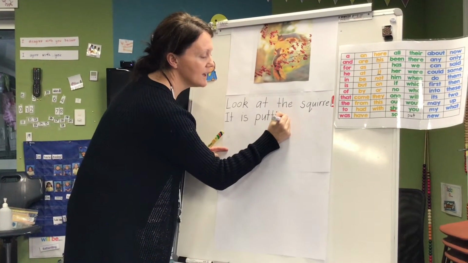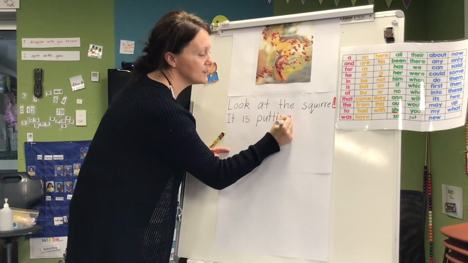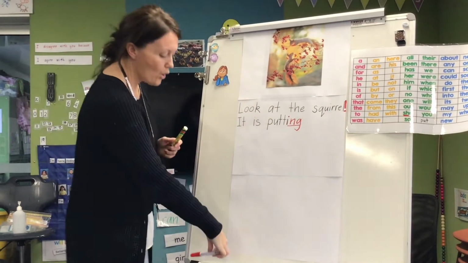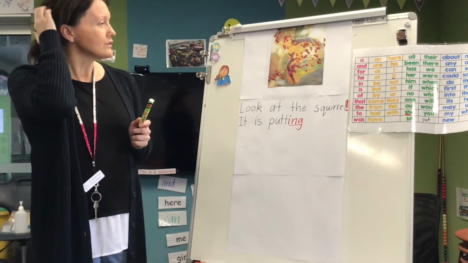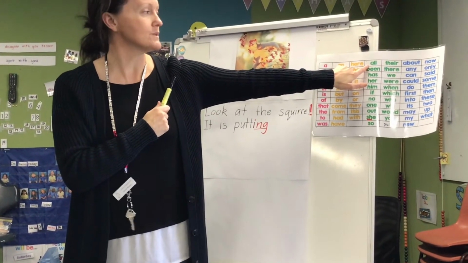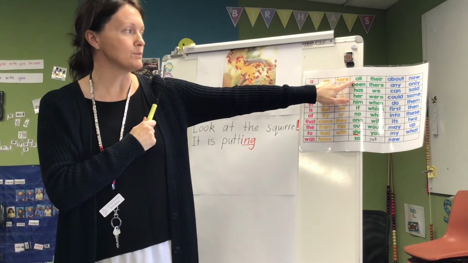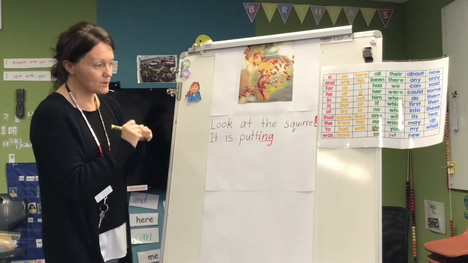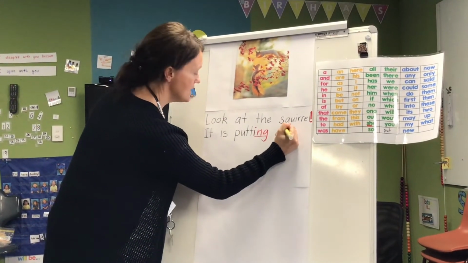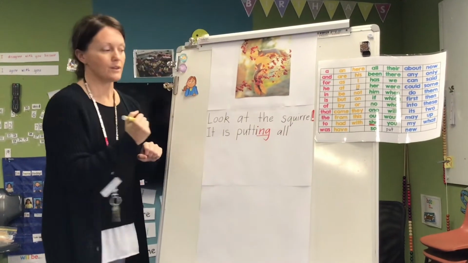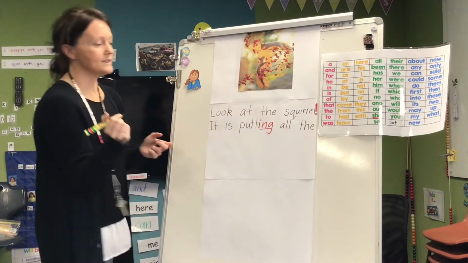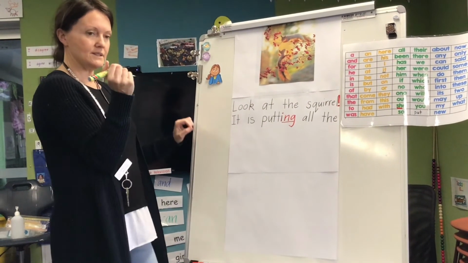Ing. And I know that ing is three letters together, I-N-G. It is putting all. Now, all is a word that you can find on the word card. I found it just up here because good writers sometimes need to use things around the room or in books to help them write. And all is a word that we can learn how it looks. It is putting all the, oh, we know that word, write it quick, see if you can beat me. It is putting all the nuts,